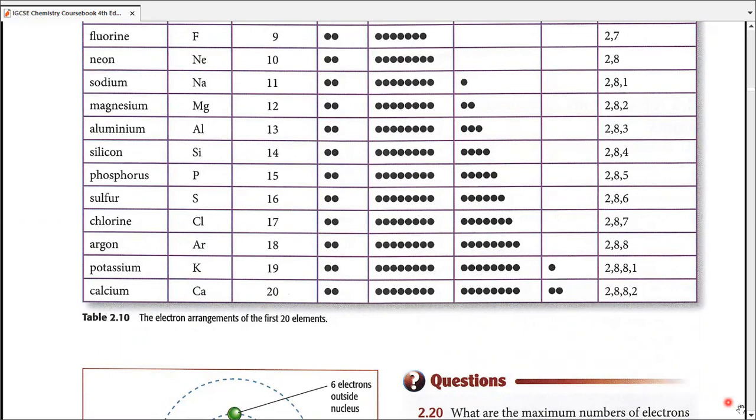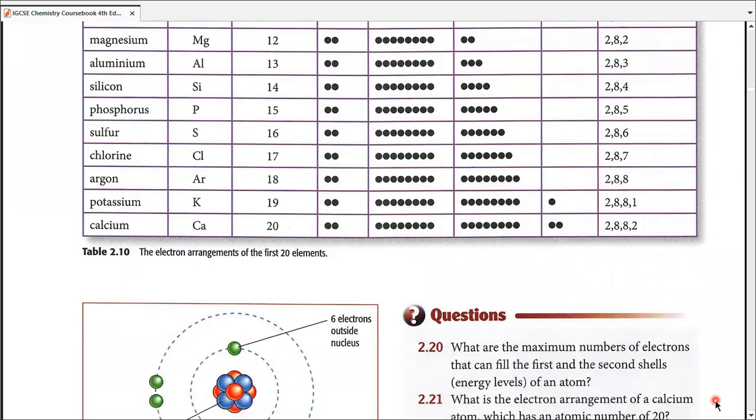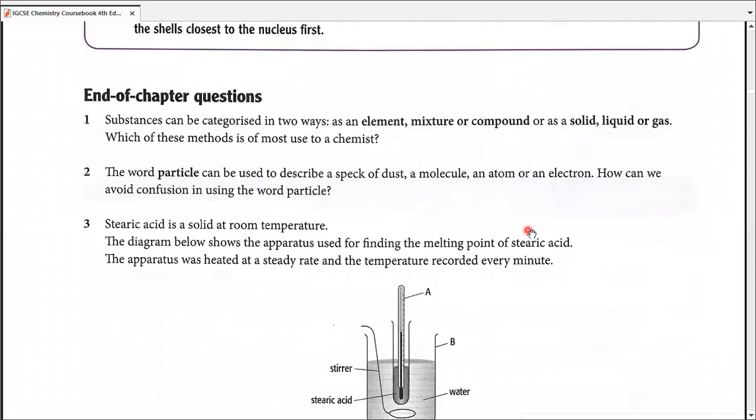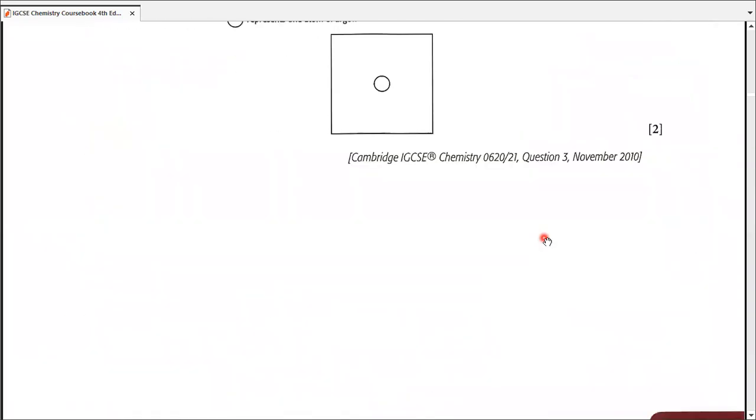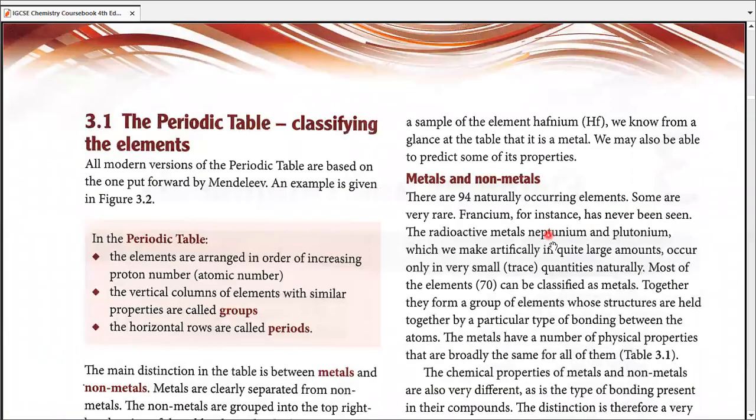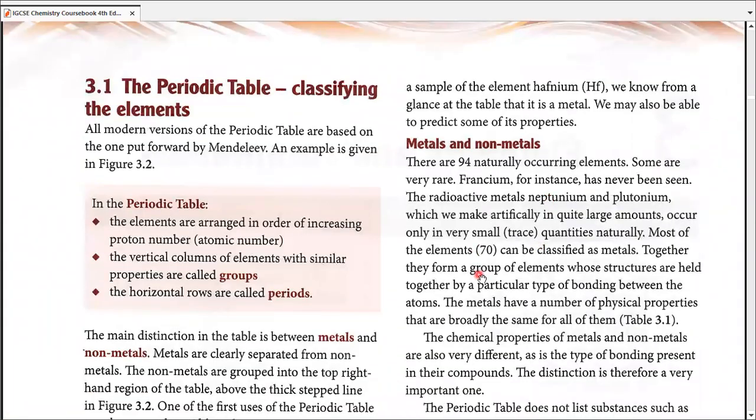Before I explain this picture, let me relate it with chapter number 3. For that, I use the phrase at the start of this lesson that I'm going to kill 2 birds with 1 stone. Now, as soon as we move on to chapter number 3, we know that we need to work with the periodic table. So when we talk about the periodic table, the elements are arranged in the order of increasing proton number. The vertical columns with similar properties are known as groups. The horizontal rows are called periods. But it's not just what groups and periods are about. What we do say at this point is that groups represent